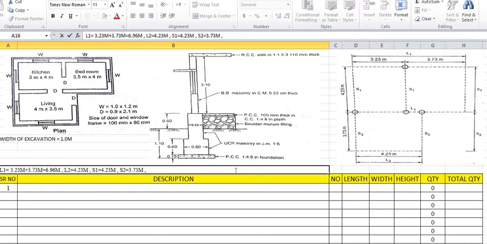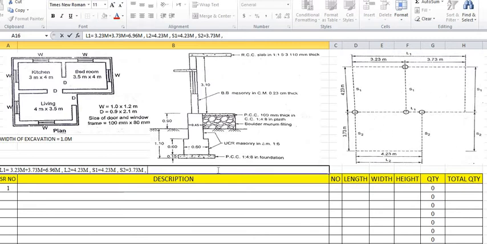Here the most important thing is to calculate the total length. Okay, the total center to center distance of the complete figures. In today's lecture, the most important thing is we will find out the total center to center length of the complete figures. So we will add the complete length, how many meters is the complete center to center length of these complete figures.